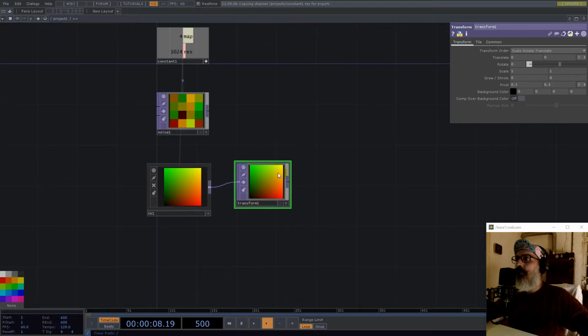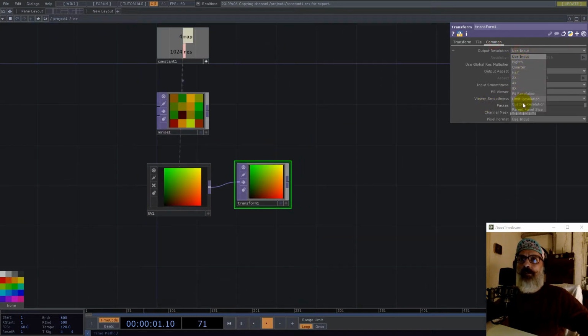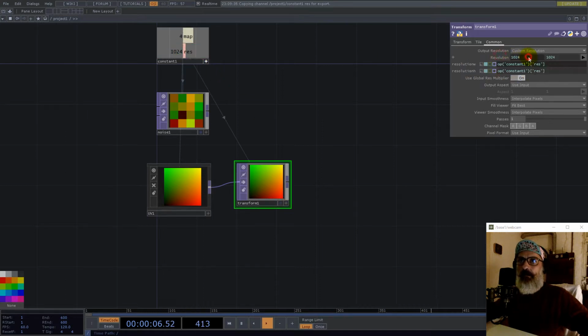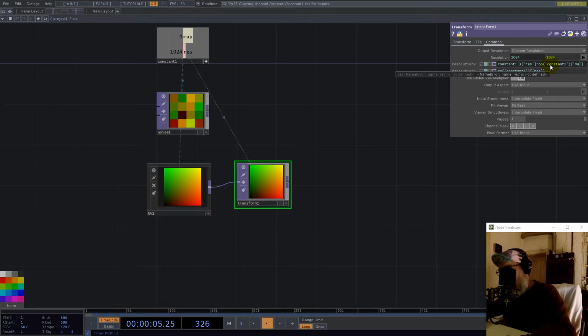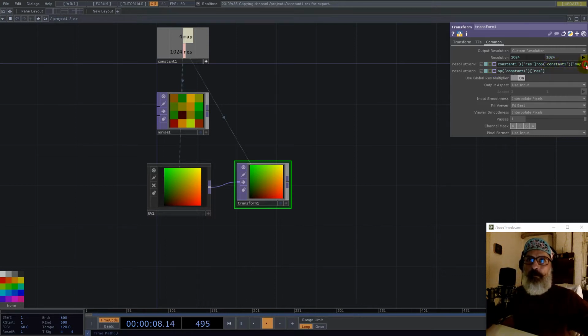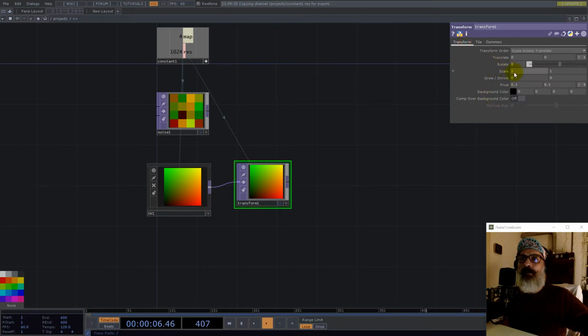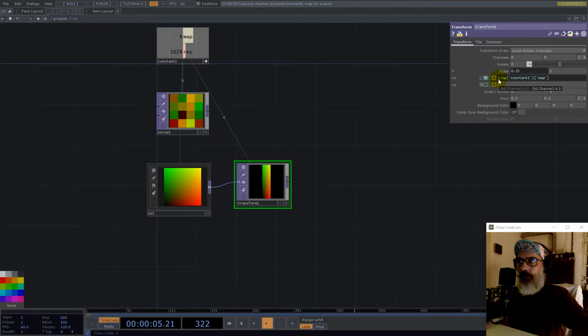Okay, so now for the resolution in the transform top, I'll go with res multiply by map. Okay, and here in the transform tab I need to scale down, so I scale with 1 divided by the map, which is good. So we use the same for Y,